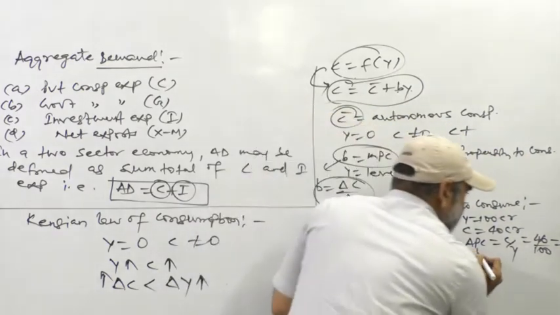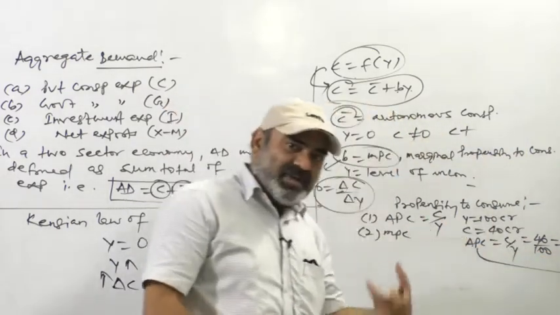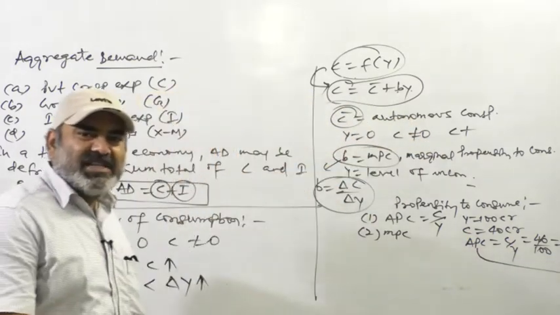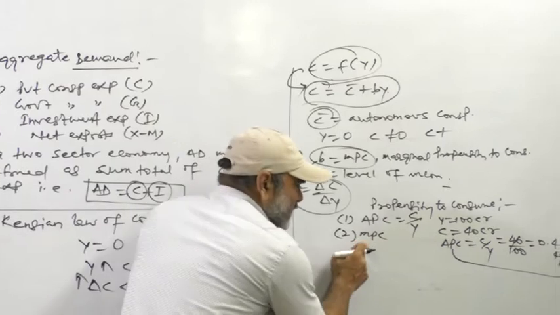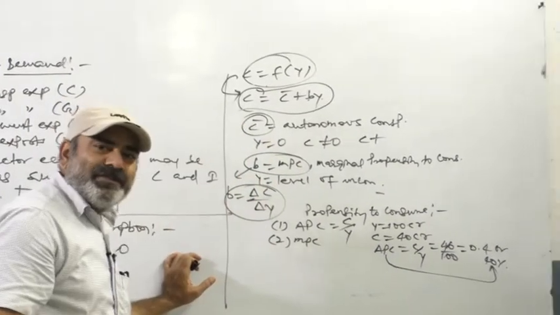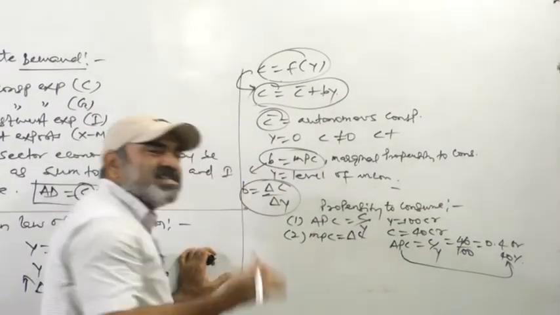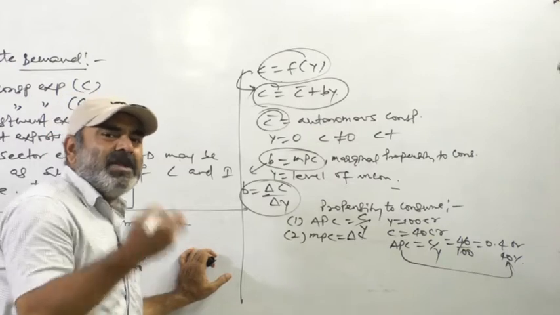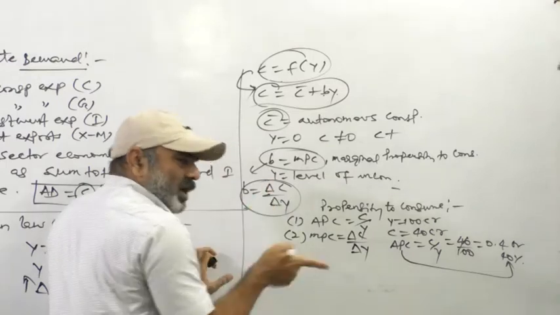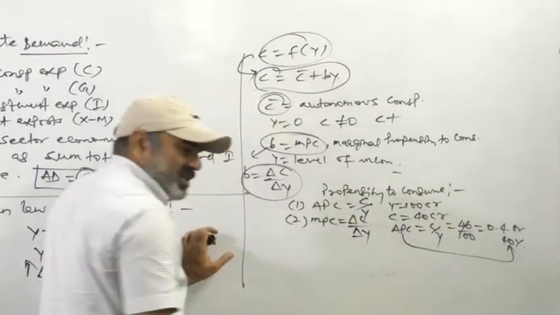You can see APC is 0.4 or 40%, which reflects that 40% of income is spent on consumption of goods and services. And second one is MPC. This is marginal propensity to consume, which reflects marginal consumption. It shows additional consumption resulting from additional income. So it may be defined symbolically as the ratio of change in consumption due to change in income.